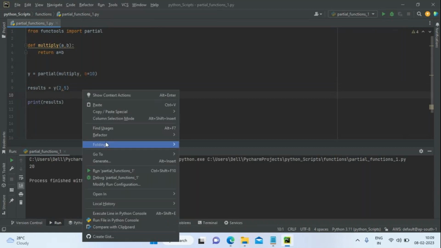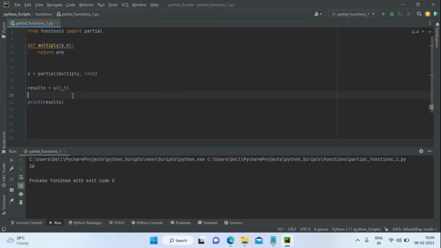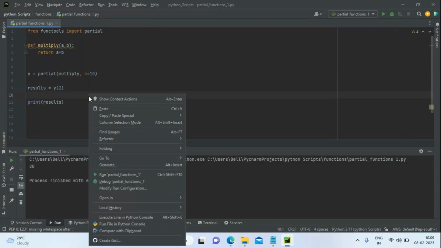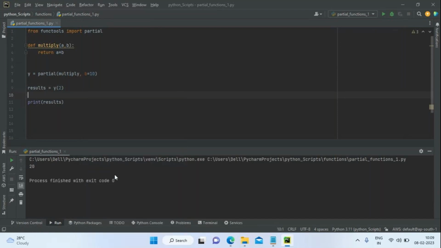2 comma. See, I'm passing 2 in the partial object function. Okay, I'm getting the result as 20 because the b value has 10, and the a value I'm going to give is 2. Now if I pass 5, what happens? This 5 value will be overridden instead of b. 10 will be replaced with 5. Now what's the value? 2 into 5 will be